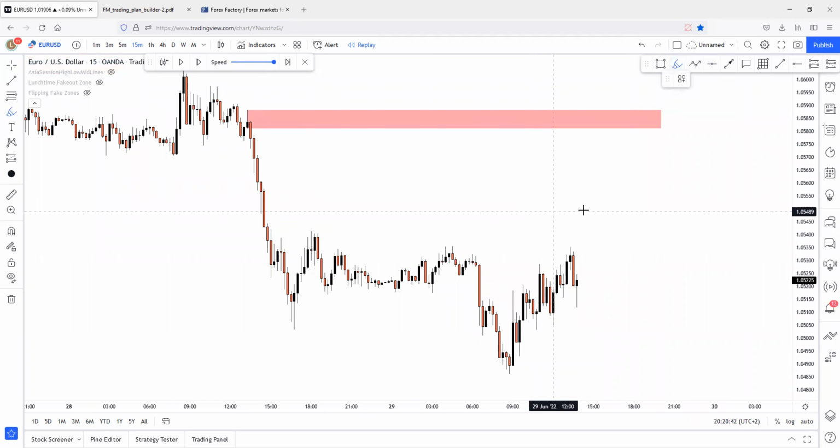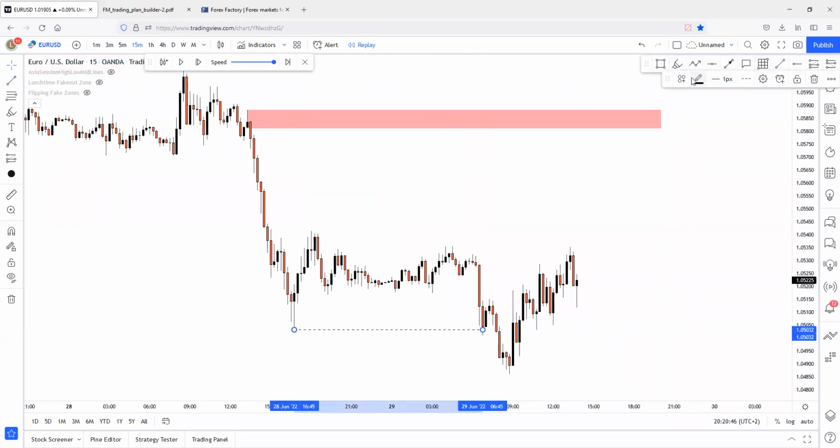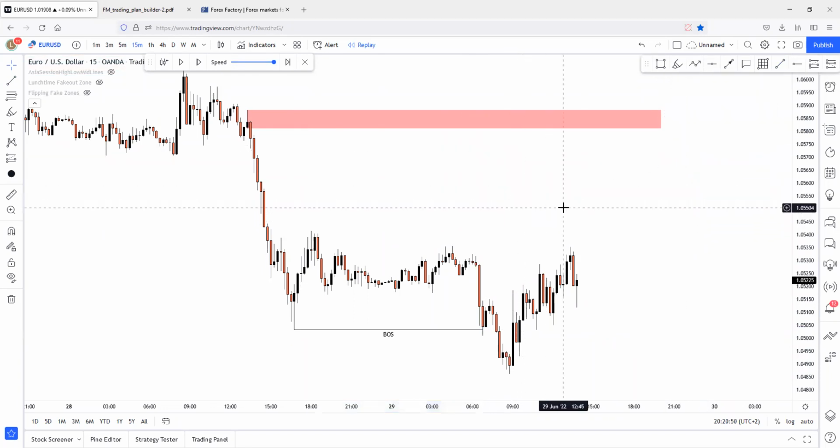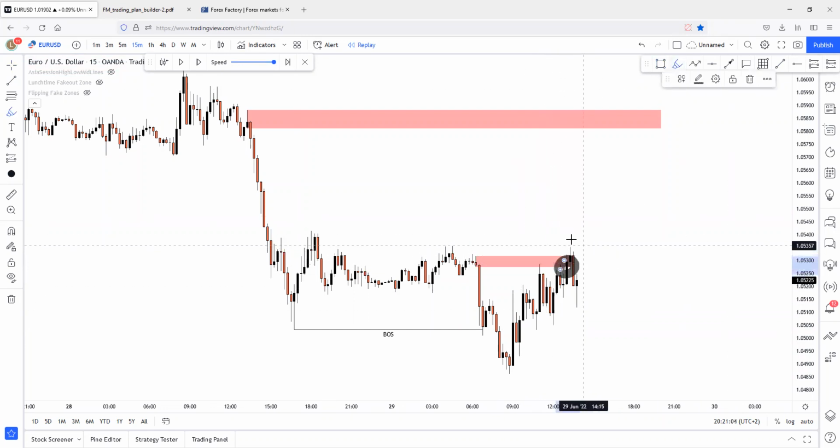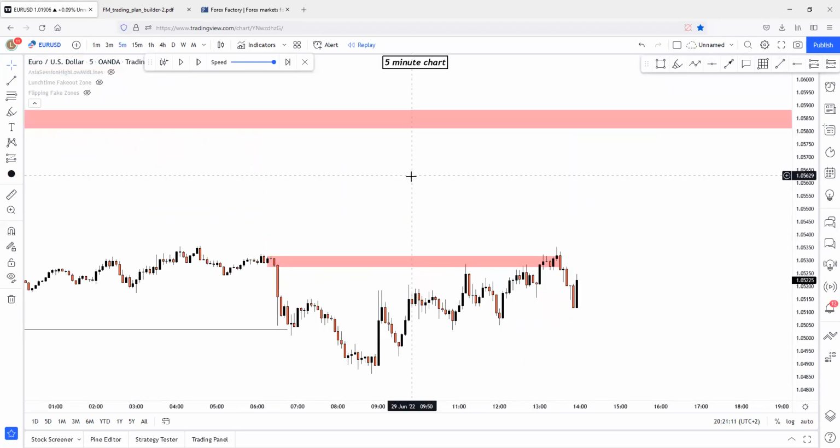Okay, what else can we see? After this huge downside push, here was a break of structure to the downside, right? Here's a clear break of structure. Technically, the order flow, the structure-breaking order flow, started from this supply zone up here. If I extend this supply zone, you will see that price is reacting on this supply zone perfectly, and it didn't close above this supply. Price just closed inside of this supply zone and swept some liquidity from over this supply. If I switch down to the 5-minute or the 1-minute chart, I will see it better.